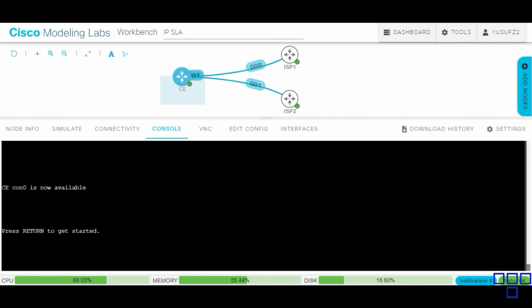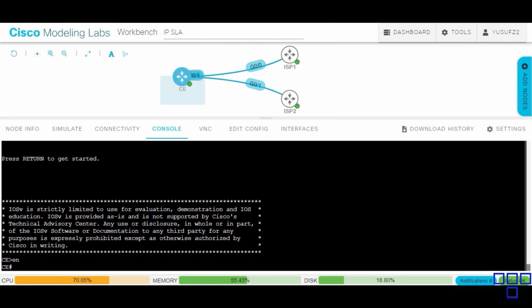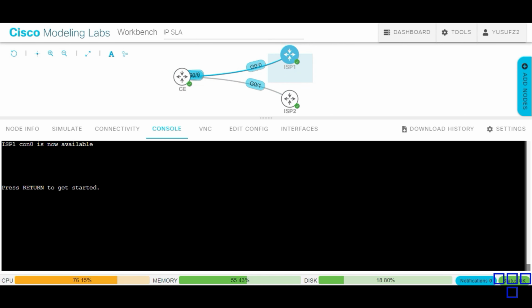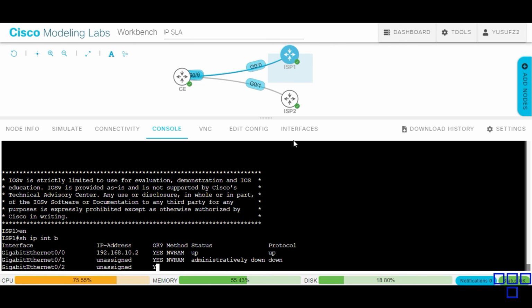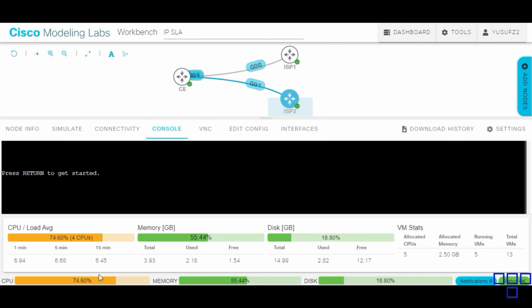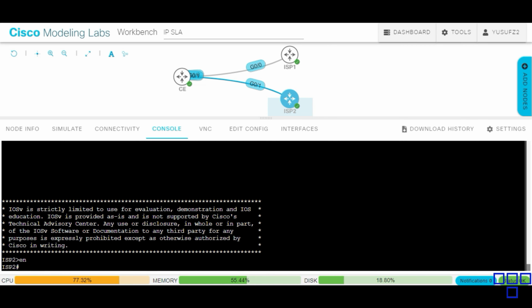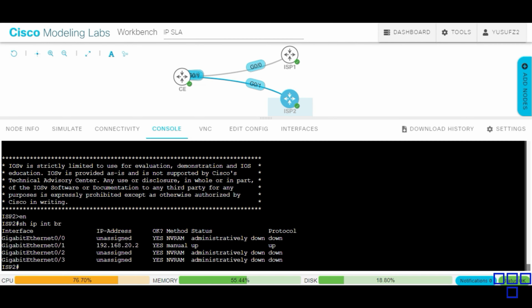Okay, the first thing we'll do in this lab is to ensure that all of the interfaces have been pre-configured correctly so that it matches the topology. That looks correct. That looks fine. Finally, if I check the second ISP router, excellent. So now that we know that all of the interfaces have been pre-configured correctly,